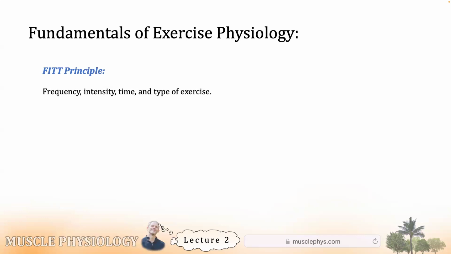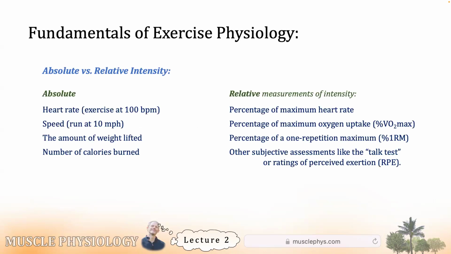And very generally, we can think of intensity as especially important in the dose response results. The higher the intensity of exercise, the more cells and tissues and organ systems are recruited, the more stress they endure, the more threat they experience. And accordingly, if it doesn't kill you, the more adaptation they should theoretically undergo. Now, how we measure intensity also matters. There are absolute measurements of intensity and relative measurements of intensity.